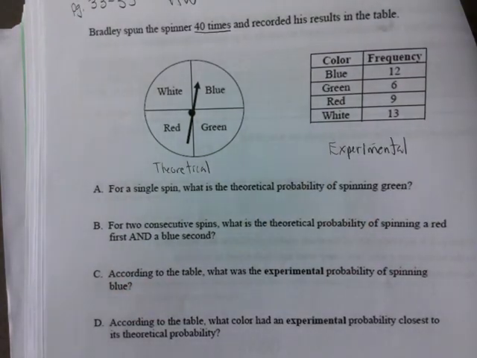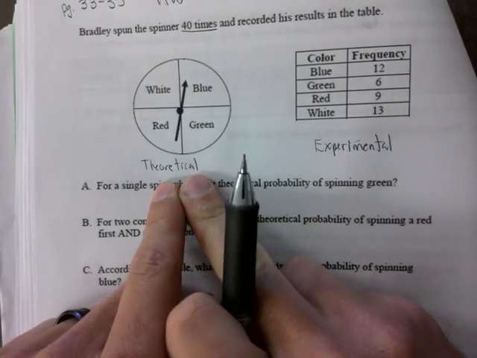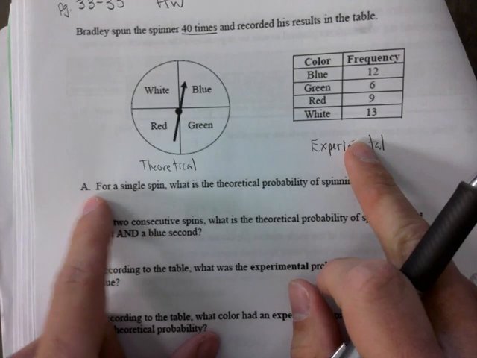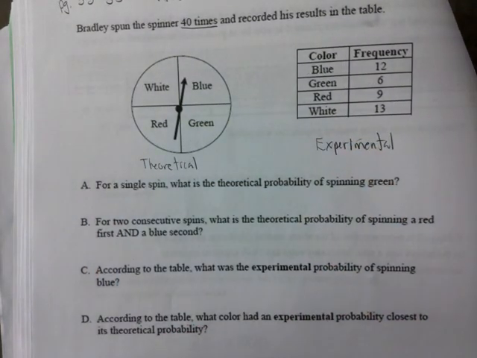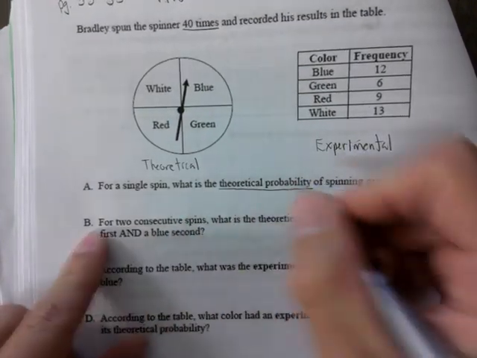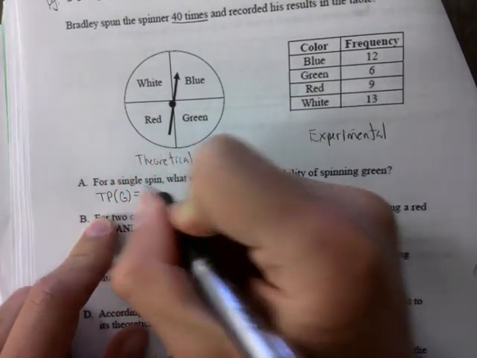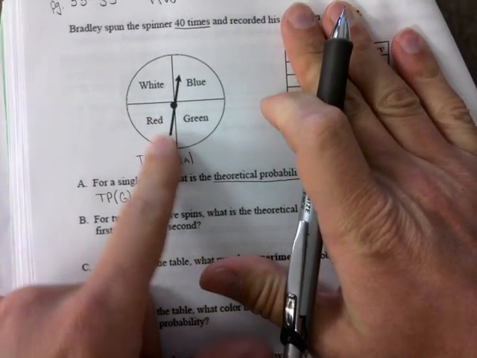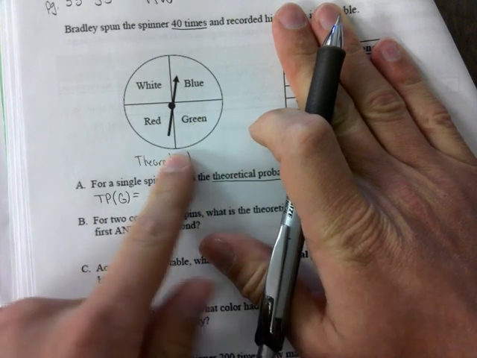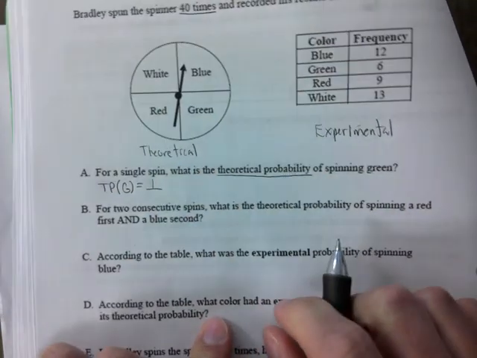Because in these questions, we're dealing with two different cases when we ask for theoretical probability and experimental probability. For part A, for a single spin, what is the theoretical probability of spinning green? We're not looking at his experiment, we're just looking at the spinner. So how many ways can we spin green? One, and there are four other